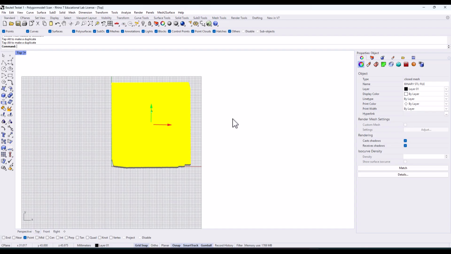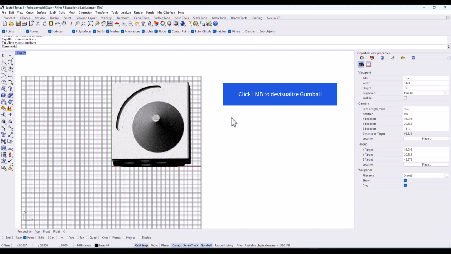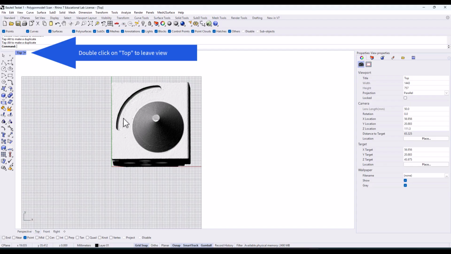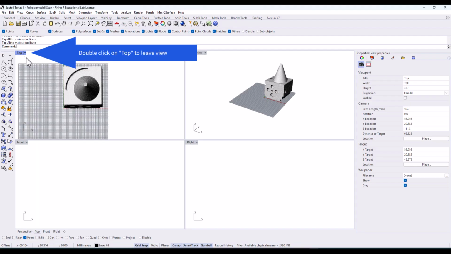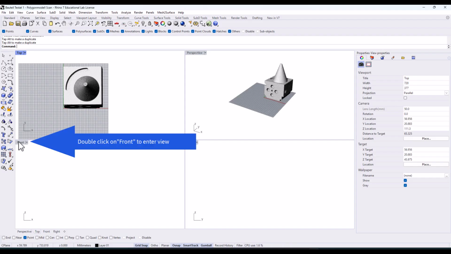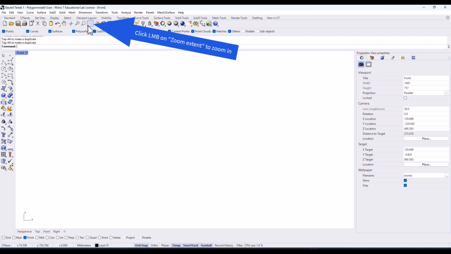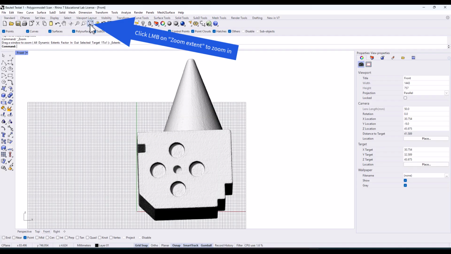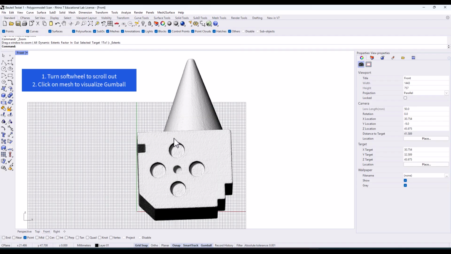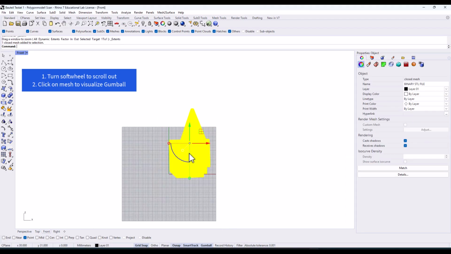As you can see, our rough alignment of the mesh between the x and y axis looks fine, and we will go to the next step. Once again, click on the mouse button to de-visualize the gumball, and then double click on Top to leave this view. Then we double click on Front to enter this view. Use Zoom Extend to place the mesh in the middle of the screen. And then move on to turn the scroll wheel to scroll out and click on the mesh to visualize the